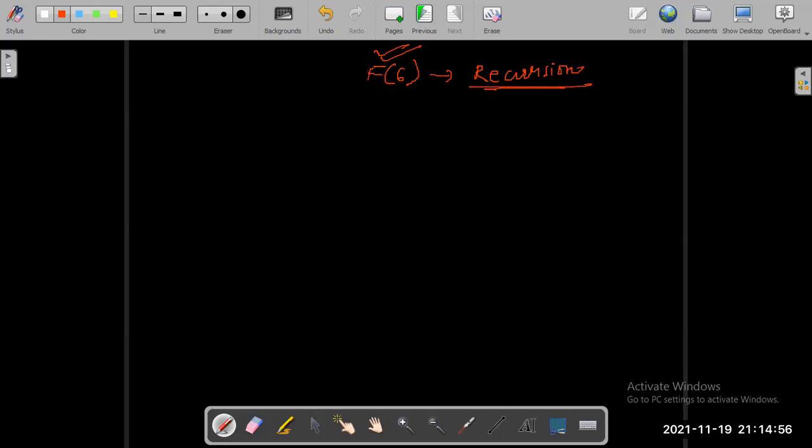First, for calculating the sixth Fibonacci, I will call the fifth Fibonacci. Then for calculating the fifth Fibonacci, I will call the fourth Fibonacci. For the fourth, I will call the third Fibonacci, and for the third, I will call the second Fibonacci.